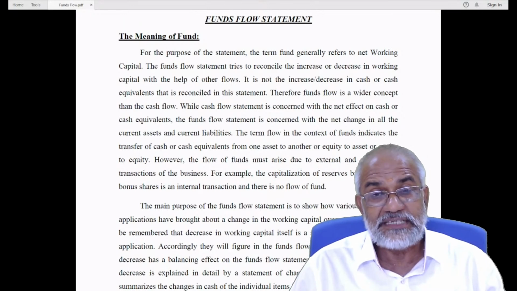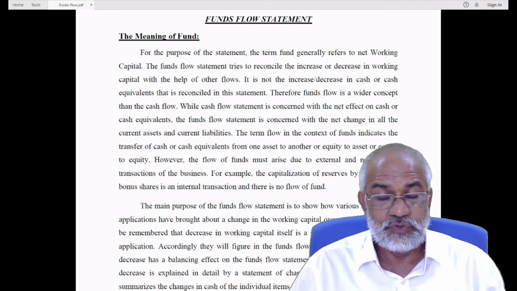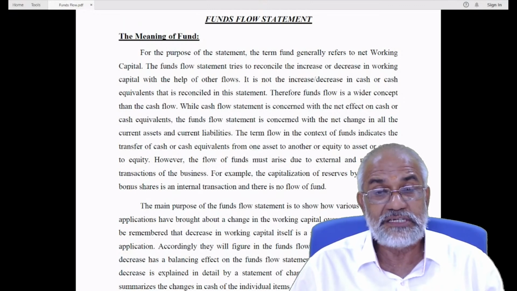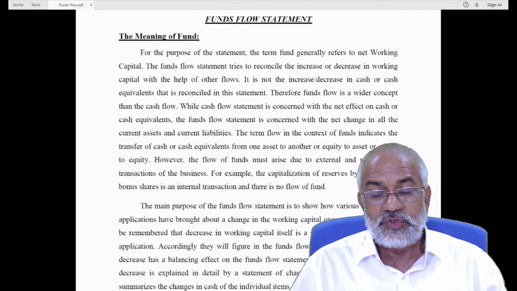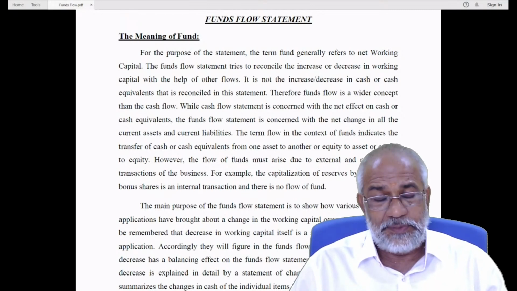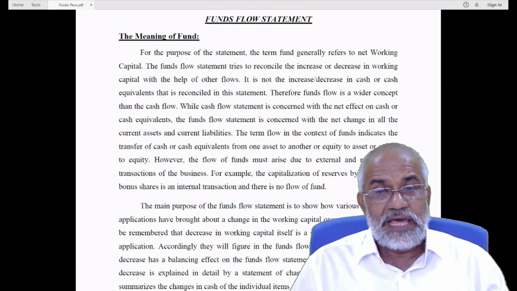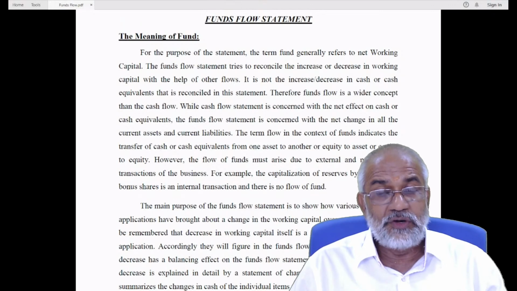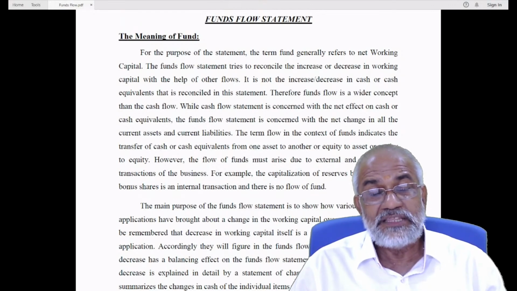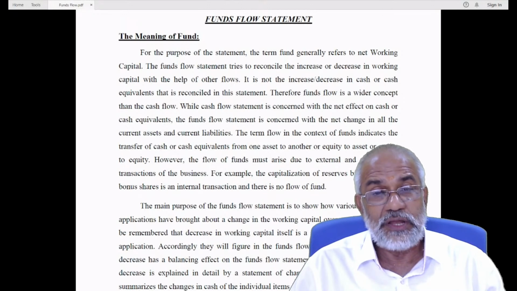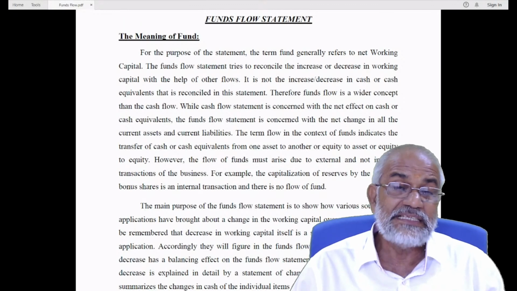And the other current asset, that is sundry debtor, is reduced, because when the amount is collected from the sundry debtors, the volume of sundry debtor will go down. So when this transaction takes place, in totality, the current asset of the organization will remain the same, because one current asset, that is cash, will go up by 5,000 and the other current asset, that is debtors, will go down by 5,000. So the total current asset will remain the same, and this transaction doesn't affect the current liability in any